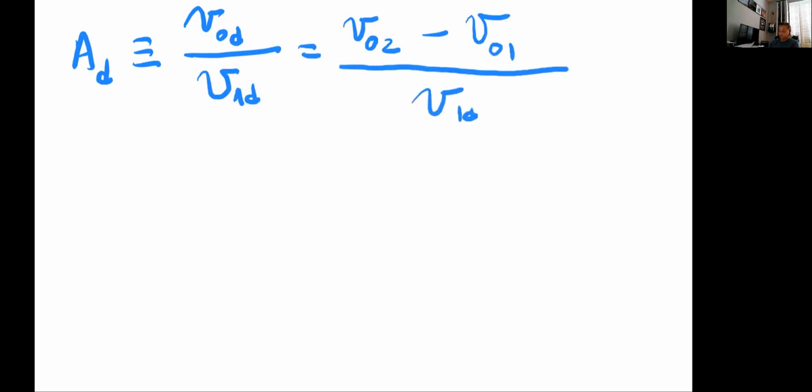I'm going to define my differential output as the output of transistor 2 at the drain minus the output at transistor 1. Okay? And if I use the expressions that I had before, output voltage 2 divided by the differential, so essentially this,